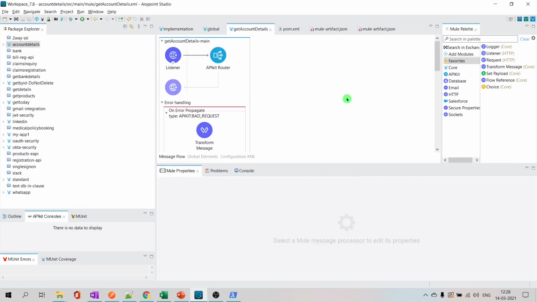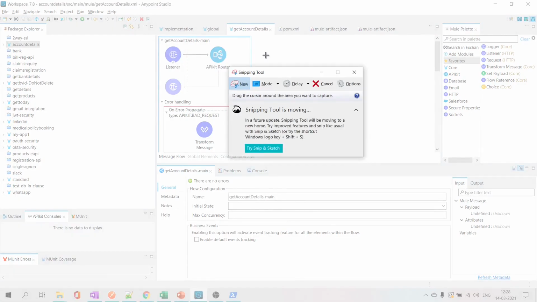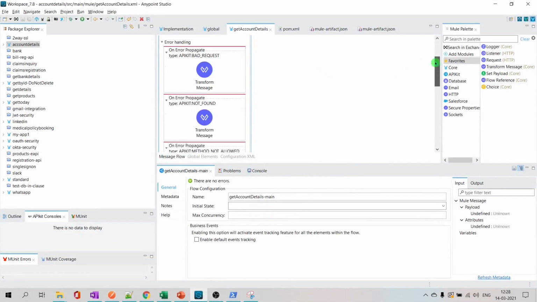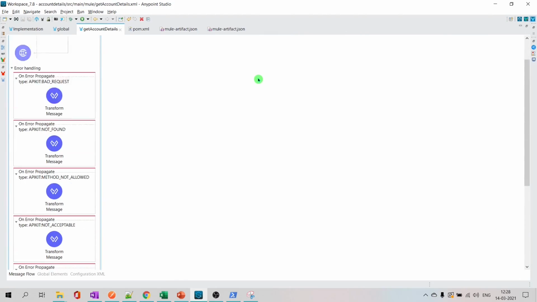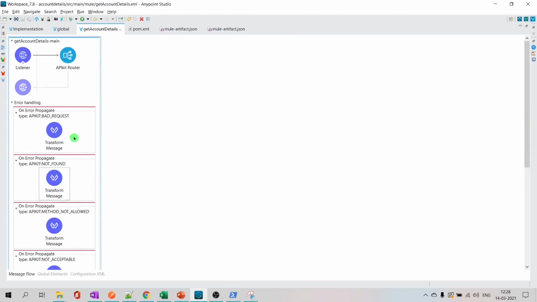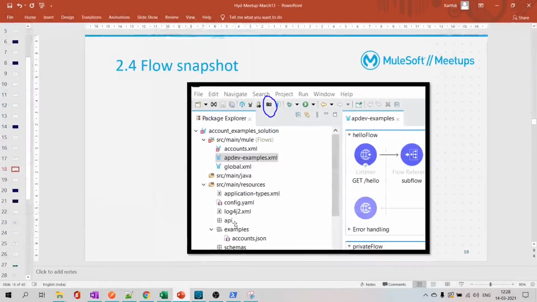I generally use it when the flow is too big, like we cannot pull the snippet tool and take a picture of this complete main flow, which is too big, right? And though you increase it, you cannot take the whole picture at once. Then I use the snapshot feature for creating documentation. That will be useful there.